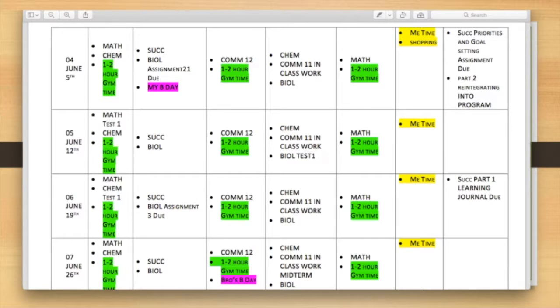So I push them to keep working on this and to get it into a calendar with alerts. They're all walking around with these smartphones, but the phones aren't doing any work for them. I ask my students, are you using social media? Or is social media using you? Moving on.